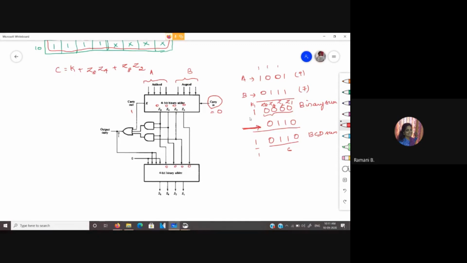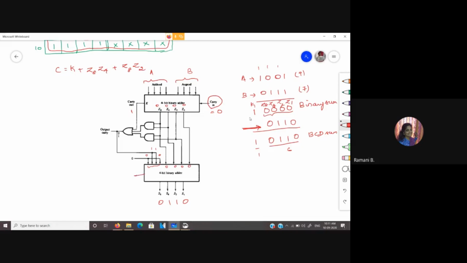And for adding 6, if you have this K equal to 1, the OR gate will output a 1 over here. So this will become 1, 1. This is 0, this is 0. So this adds a 6 to it and gives you the sum output.